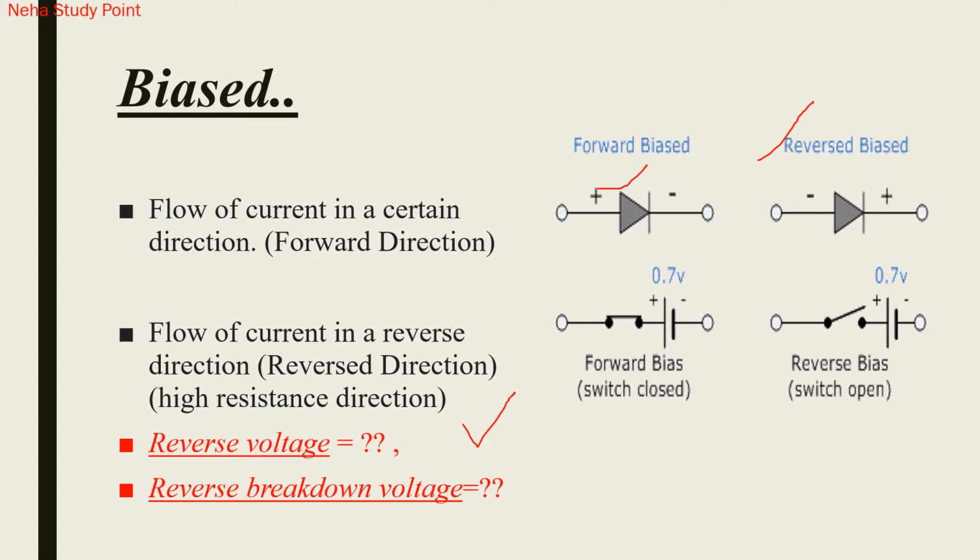So first of all I want to say what reverse breakdown voltage is. The voltage at which breakdown occurs is called breakdown voltage. Okay, where the voltage breaks down is called breakdown voltage. And reverse voltage is nothing but the voltage drop across the diode if the voltage at the cathode is more positive than the voltage at the anode. Then this voltage is called reverse voltage. Okay, get it? So let's go ahead.